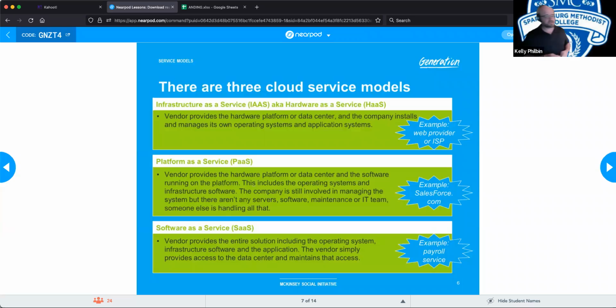Now, platform as a service. This is the middle ground. This is where a lot of people get confused. It provides that hardware as a platform and the basic software for running on that platform. Gives you the operating system and basic infrastructure software. And then the company is still kind of involved in maintaining the system.